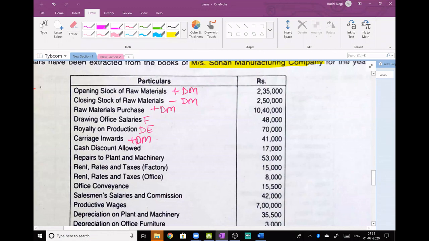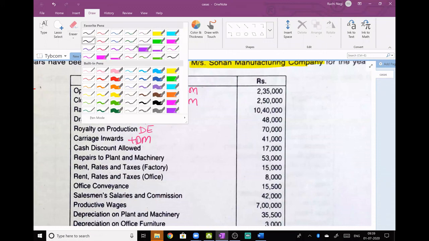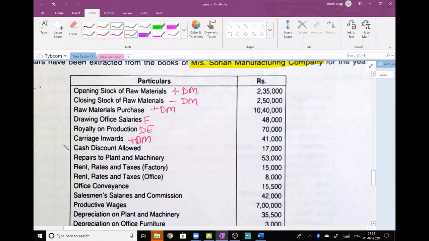Next one, cash discount allowed. Now what to do with this? Cash discount allowed. Anyone? Harikishan says no entry. Anyone? Very good. Yeah, because it is non-cost items. Very good, students. I am happy. Okay. Nice. So just put a cross, beta. तो क्रॉस आपको याद दिलाएगा कि ये नहीं लेना है. Okay, and anything which you are not taking in cost sheet, we will have to write a note. So once we are solving questions next day, we do that.